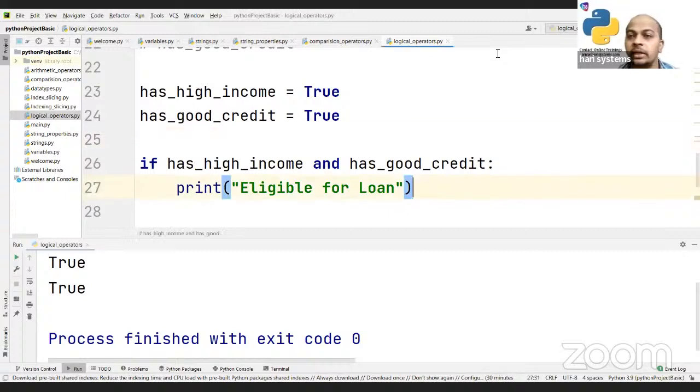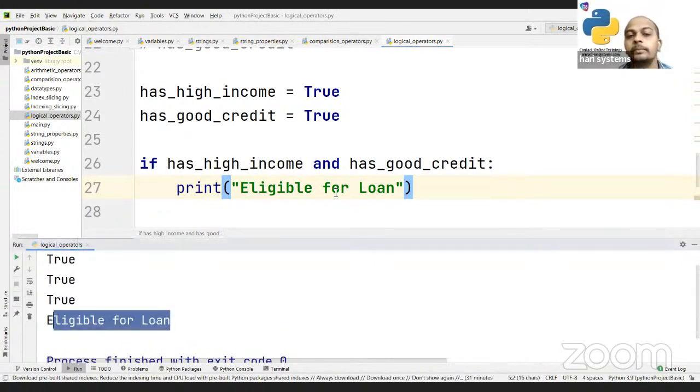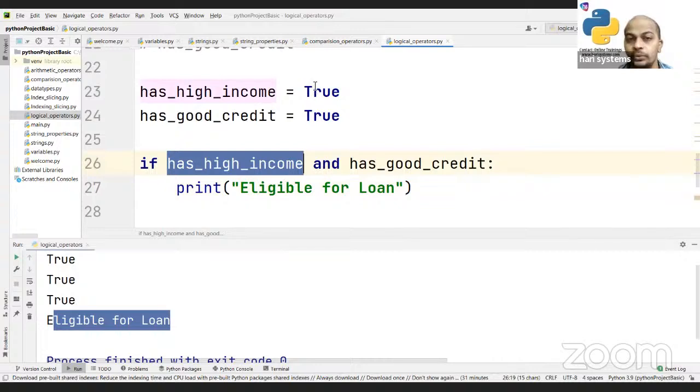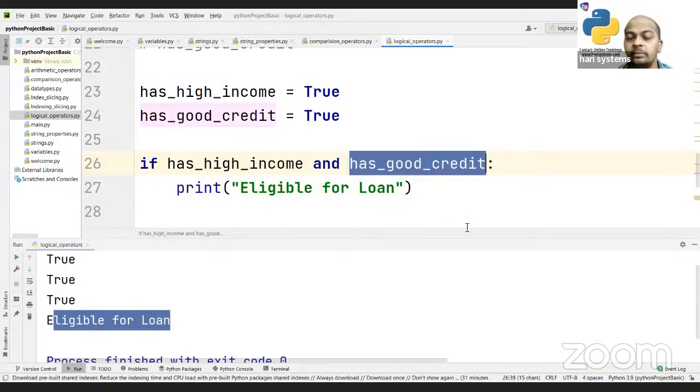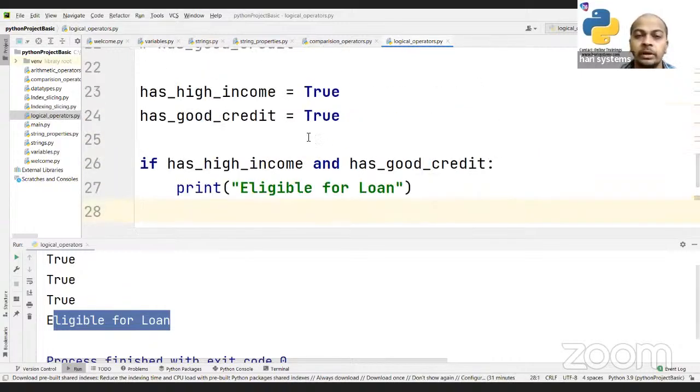Okay, so let me run. I'm very happy who are sending yes. So I'm getting eligible for loan. So this statement is true. You may see here, and this statement is true. So we are getting this statement. So else statement, like if the person is not having